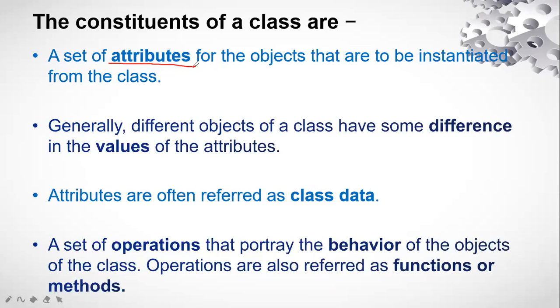So when I say ceiling fan is a class, right? Fan is a class. Now among this, the specific fan I am talking about is an object. If I am talking about a specific fan, that particular one is an object, while ceiling fan is a class. Fan is a class, right?